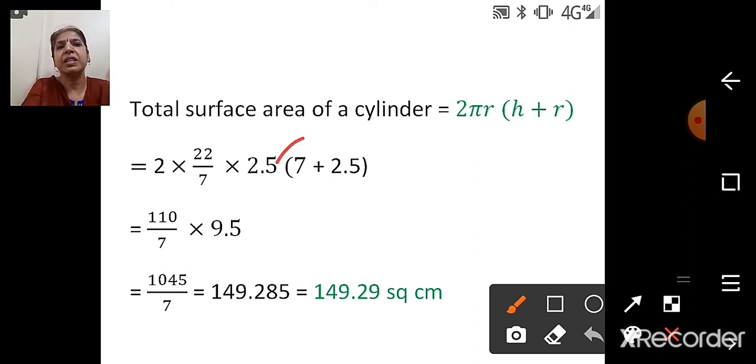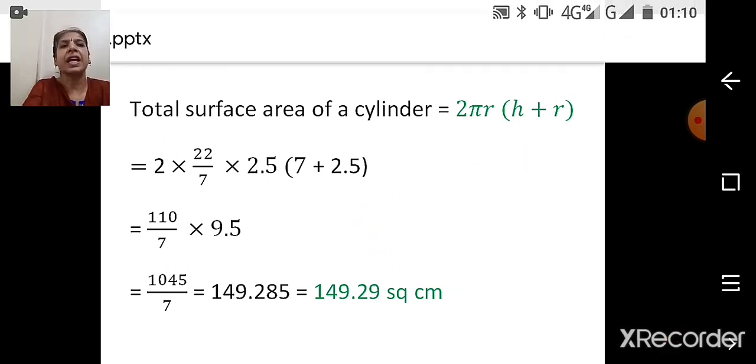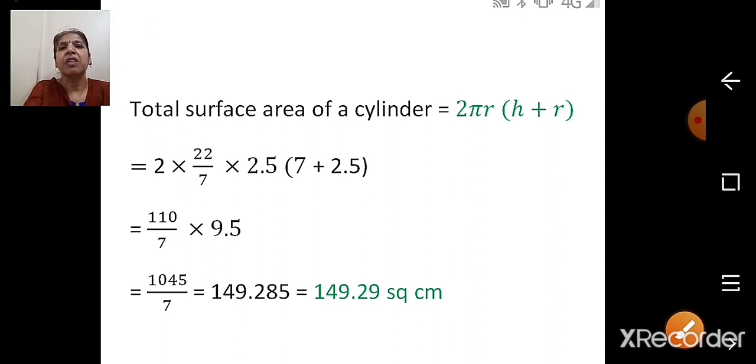That is, 7 is not having a decimal, 2.5 is. So you have to arrange decimal below decimal. Here decimal is not there, you have to take 0. Then you will get the answer 9.5. So this is the way you have to continue. And children, now